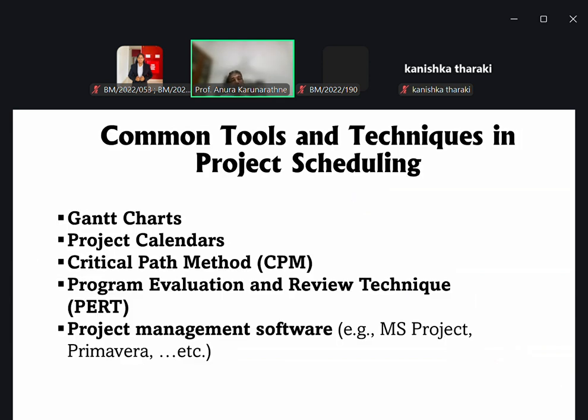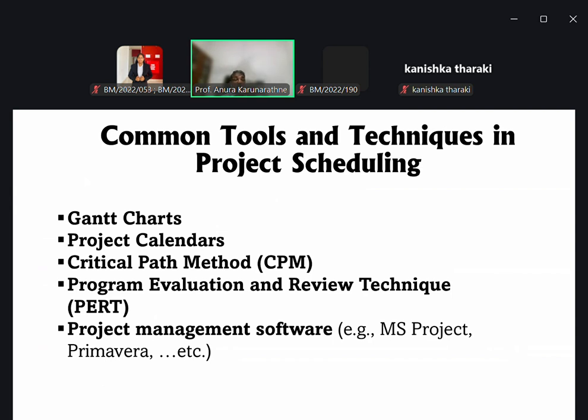Right. Now, I think you have a clear idea about the project and project planning, project scheduling, project controlling, and also the key components and steps in completing different types of projects. Now, in project scheduling and scheduling techniques, we have a number of mechanisms. Out of them, we have the Gantt chart. You know that Gantt chart. Then the project calendar. So we can use that kind of basic technique to prepare the project schedule.